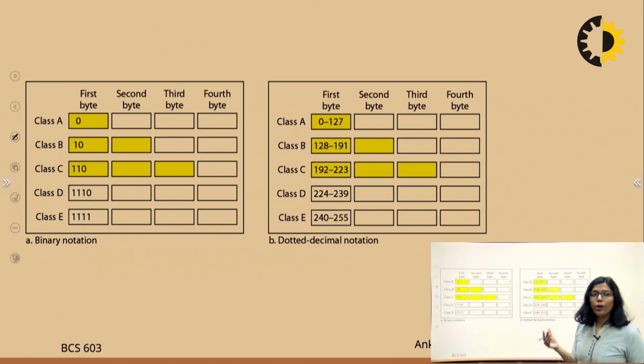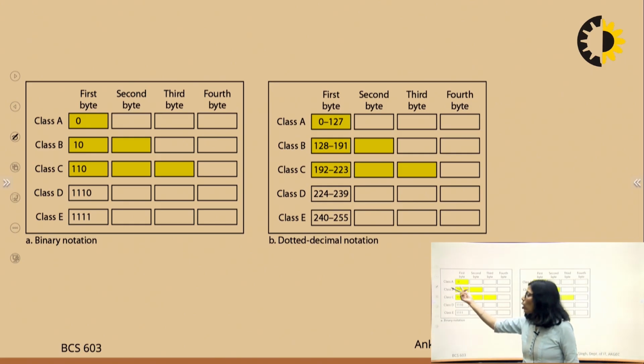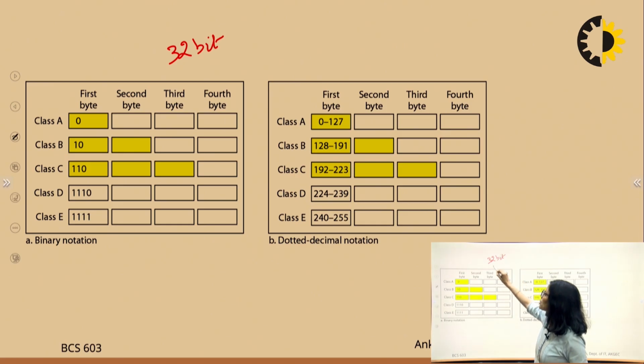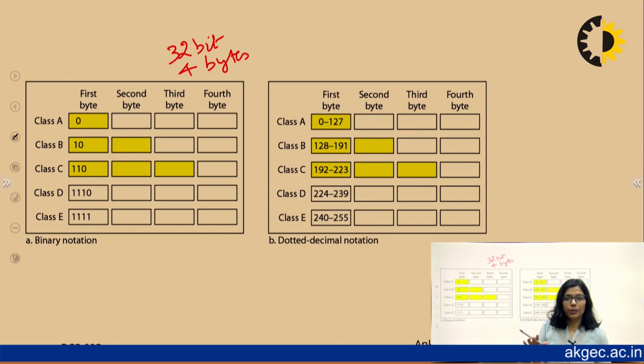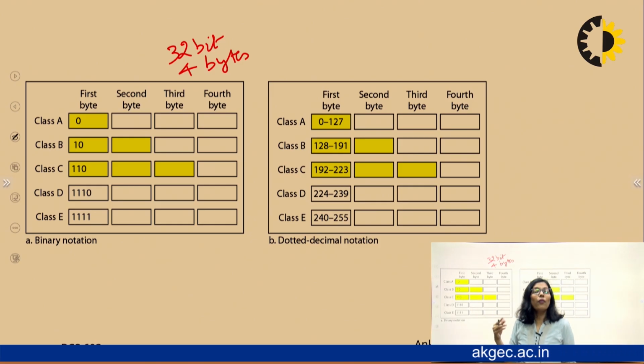Now, as I've already told you, according to the class, we depict the number of bytes that will represent the network address. When we talk about class A, we have in total 32 bits. 32 bits means how many bytes? 4 bytes, right? Because 1 byte is equal to 8 bits. The first byte of the IP address will be reserved for depicting the network in class A. And how will we identify class A? By putting the most significant bit as 0